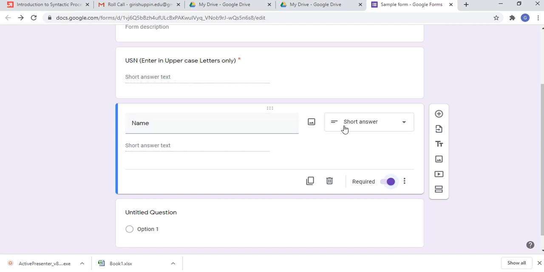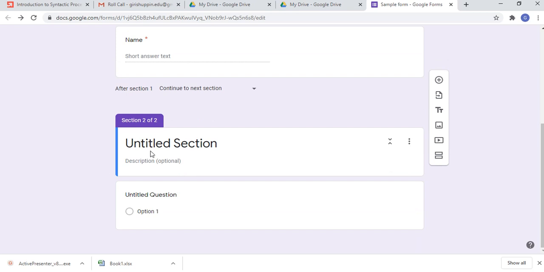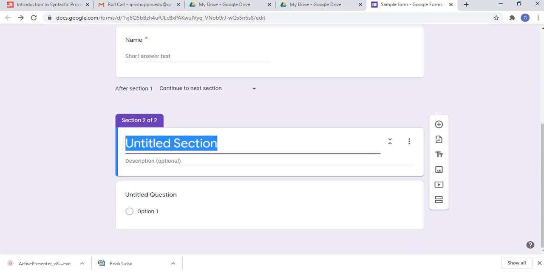After that I will add a new section. In the second section I will include the file upload, or if it is multiple choice questions, you can include those questions. Whatever you want to include, you can include here.